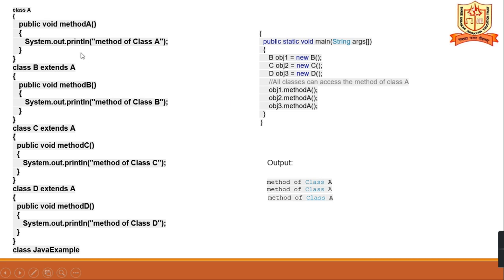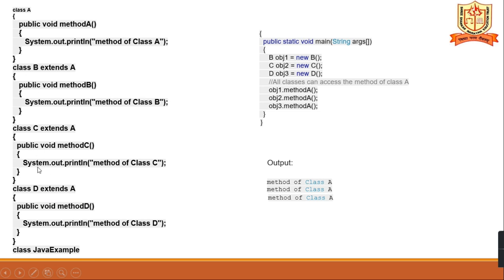We'll see the example: class A is there. In this class the method A is there, and class B is also there, which extends A. Here method B is there. Class C is there, which extends A only, and class D is there, which extends A only.